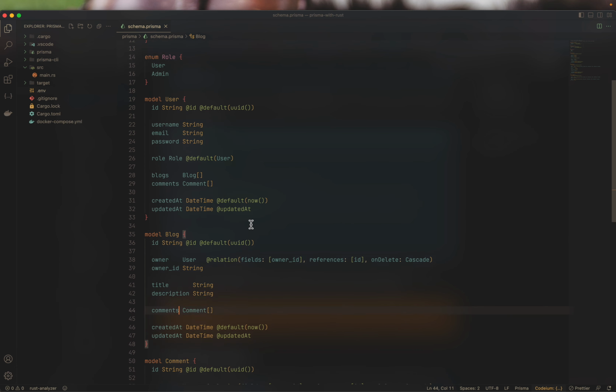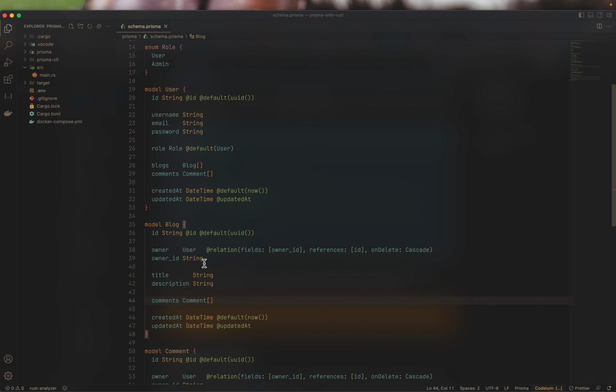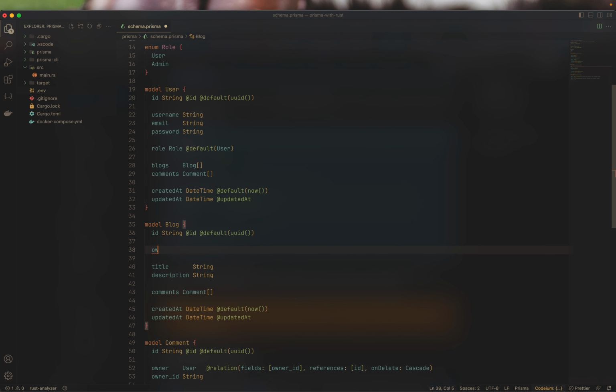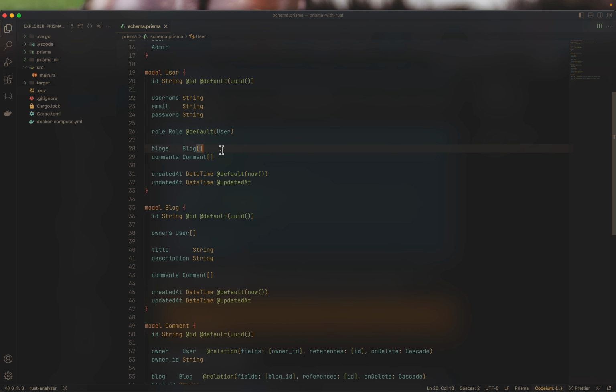So here you can say, okay, I want multiple users to work on this block as well. Sort of like multiple owners to one block, and then they can change anything. So in this case, you can change this to owners, and you can have a user of type array. Why this does not scream is because here we have a block array and here we have an owners array. So under the hood,